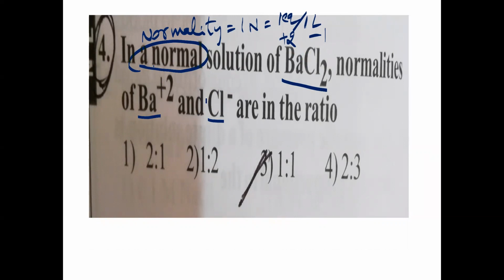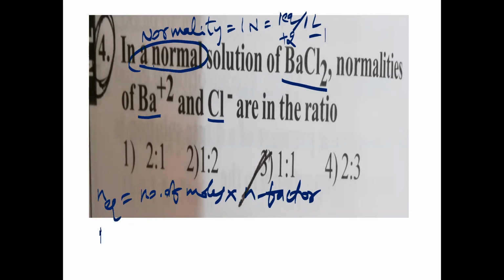So the same number of equivalents. What is the number of equivalents formula? Number of equivalents is the number of moles into n factor. Number of moles into n factor is equal to the number of equivalents. Now, how many equivalents of Ba plus 2 here? The number of equivalents of Ba plus 2 is equal to the number of moles, how many here? 1 mole. From 1 mole of BaCl2,